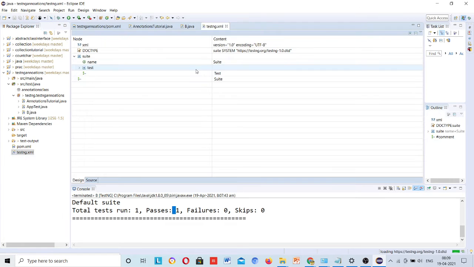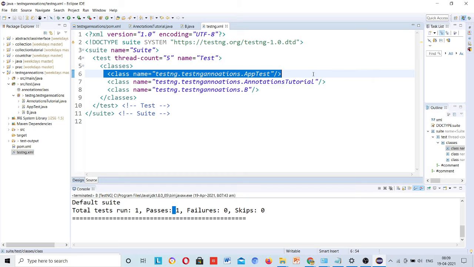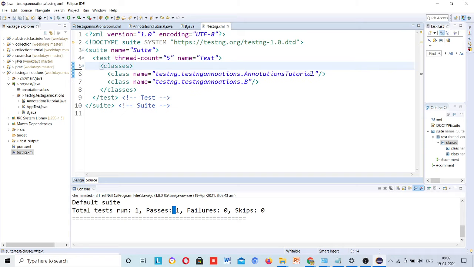Now go to source and you can see all those classes are added. We don't need this app test, this was created by default at the time of project creation, so we will remove this. Now the two classes I have created are both added.